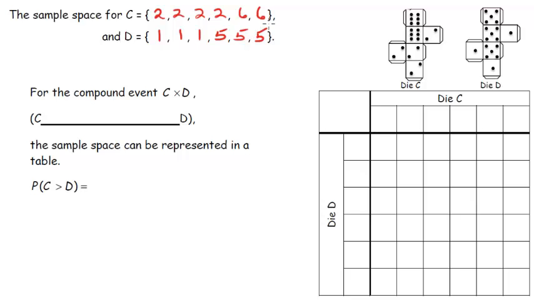So now we want to find the sample space, and this notation here, C, you might think of this as multiplied, but it's read cross. So C cross D. This is going to be pairing each outcome of C with all my outcomes here,